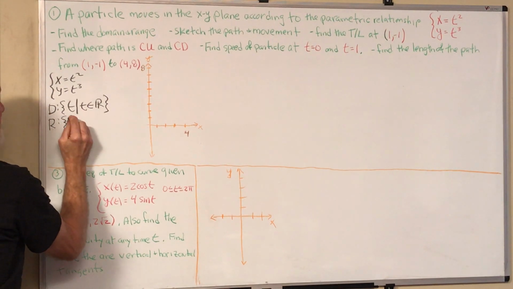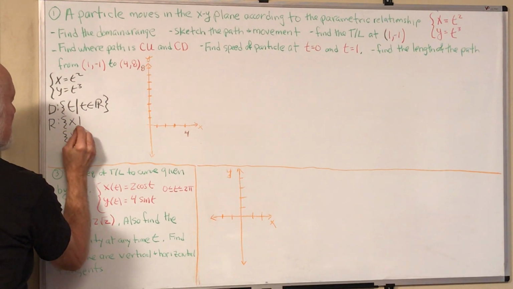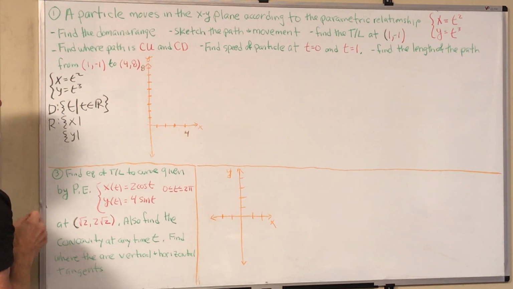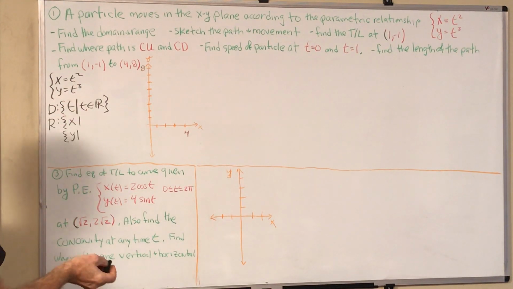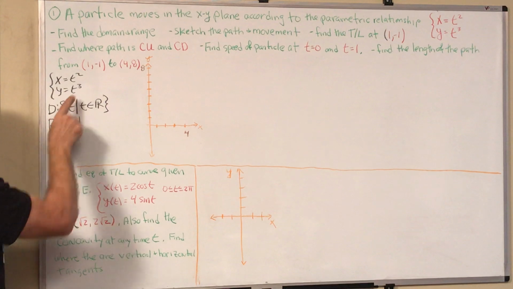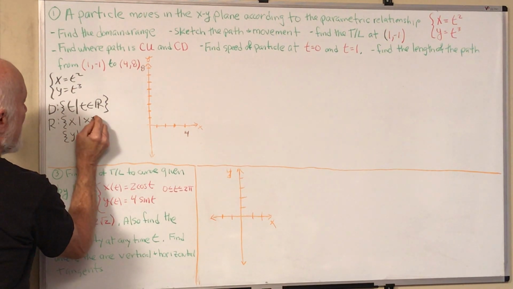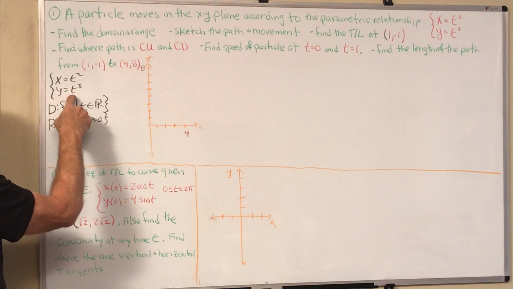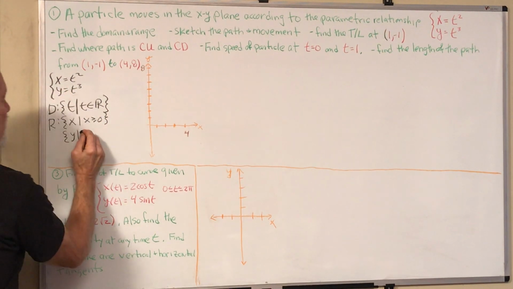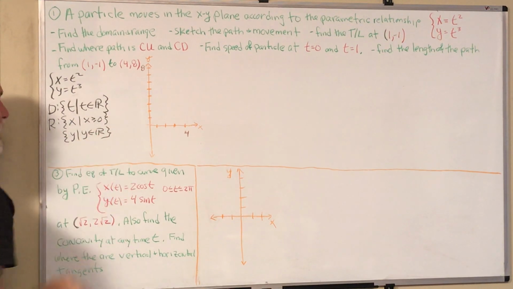Now you have to put the x values and the y values. Well, because x, you're taking t and squaring it, and you can use all values of t, you're only going to get 0 and above. So x has to be greater than or equal to 0, but y, since you're cubing it, could be anything. So y belongs to the real numbers. Now how does that help you?